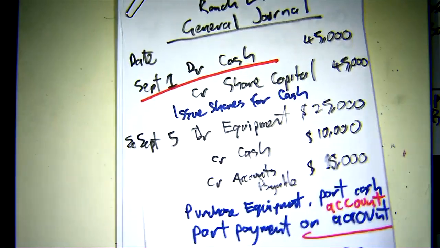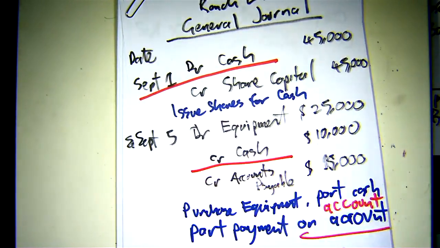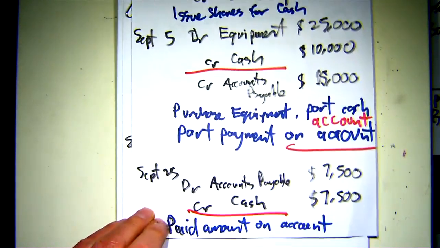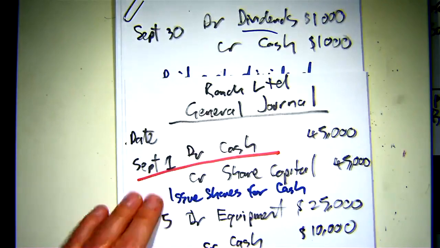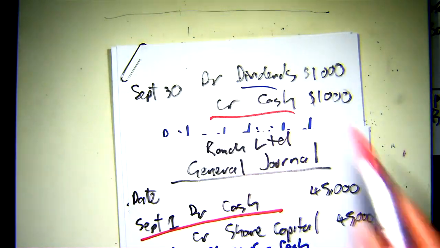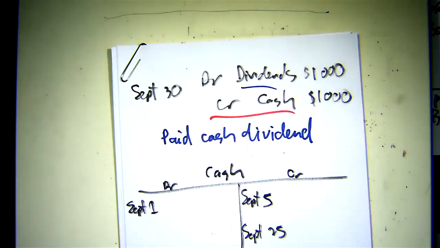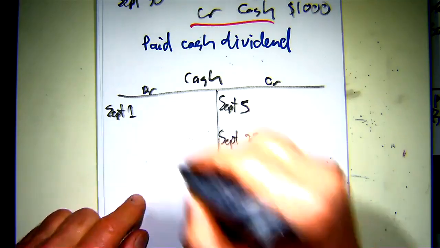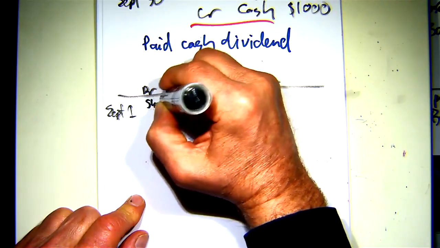September the 1st was cash, September the 5th was a credit of cash, September the 25th was a credit of cash, and we had a credit of cash here. So if I transfer all these cash journal entries into my cash ledger, it would look like I've got share capital